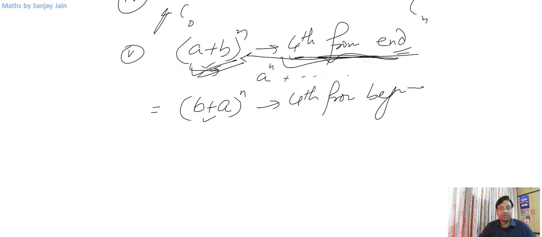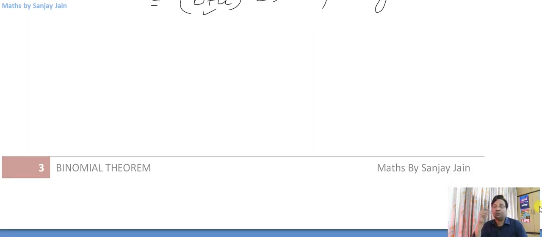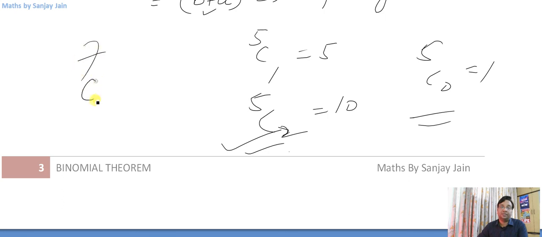Okay, then we will continue in the next lecture. In the next lecture we will try to solve the first exercise, and we will see some of the methods to memorize these coefficients also. While doing permutation and combination, I asked you to memorize some of these, that 5C1 is 5, 5C2 is 10, 5C0 is 1. These are some of the coefficients that you need to memorize. For example, up to, let us say, 7, 7C2, 6C2. These are the things that should be there on your tips. So let us continue this in the next lecture. Thank you.